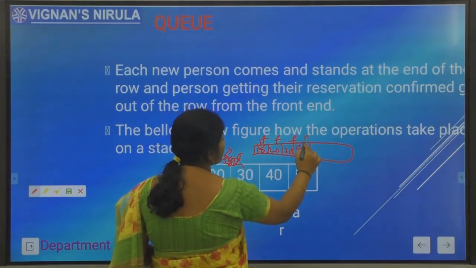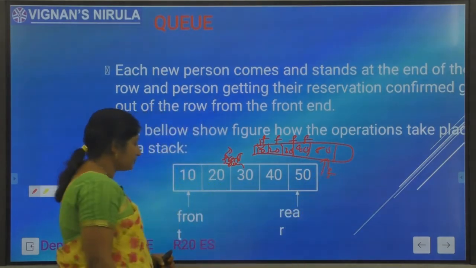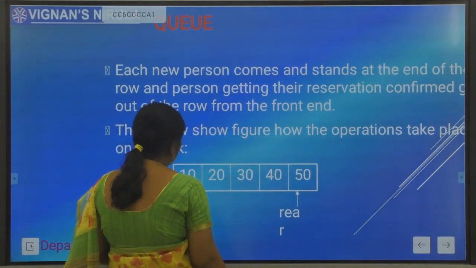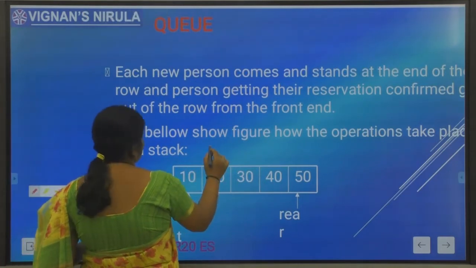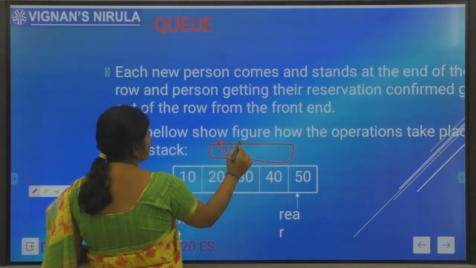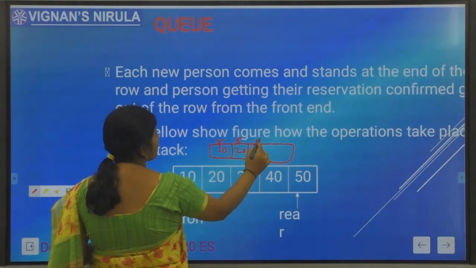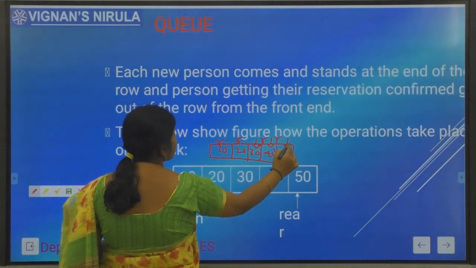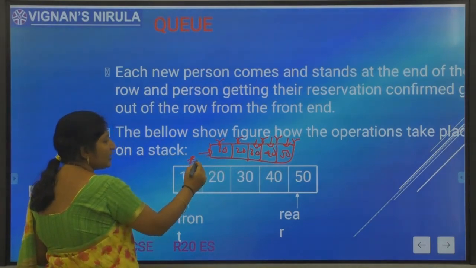If I insert 40 and 50, the front will be here, the rear will be here. If I insert 10, the rear is here. If I insert another element 20, the rear will be incremented. If I insert 30, the rear will be here. If I insert 40, the rear will be here. If I insert 50, the rear will be here. The front and rear are initially -1.